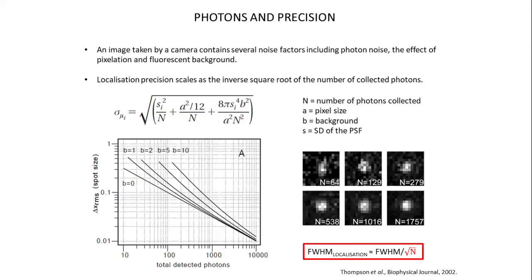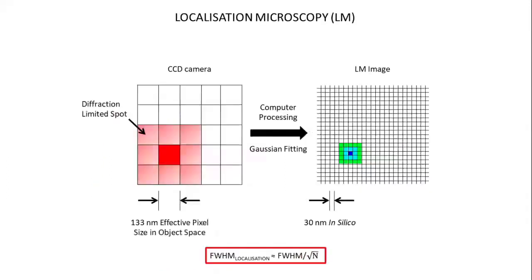What is this? So what actually is happening is we're imaging a blob on a camera. This is the regular diffraction imaging spot. It might cover a few pixels, but mathematically we can sort of find the center of mass of that object to within a fraction of a pixel. And then that's just replotted on a much finer grid. So in our image space, we might have sort of 30 nanometer grid and then put that molecule on that grid at an appropriate position. So it's just done computationally, going from a low-res image on a camera to a high-resolution grid in software and